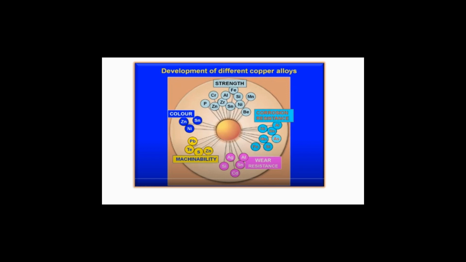If your objective is to improve the strength of copper, then you need to add that element, and if you want to improve the corrosion resistance, then you need to add the various elements that are mentioned, or whatever element you are seeing on this screen. So I hope all of you understood this. So let us see next.